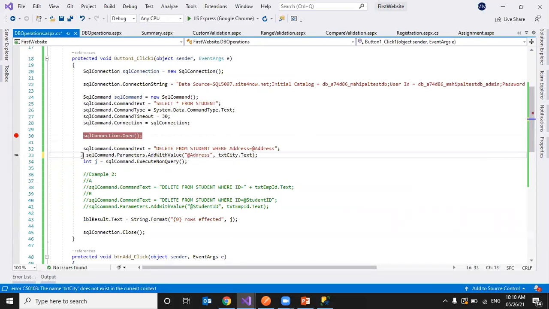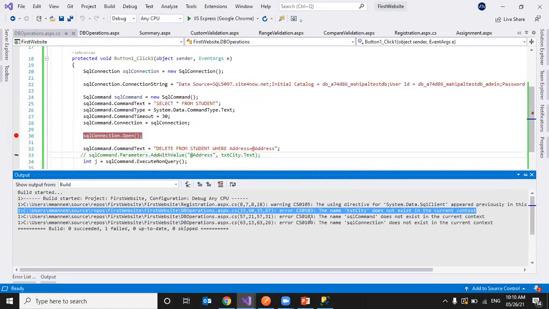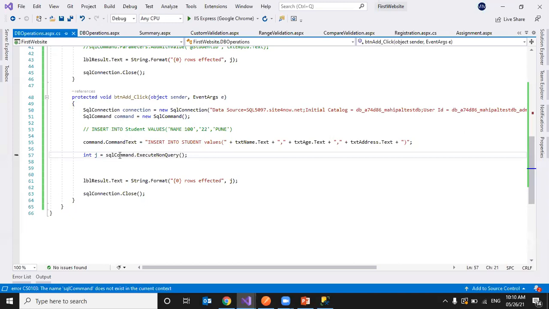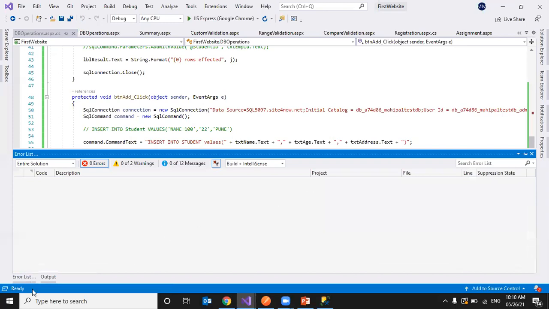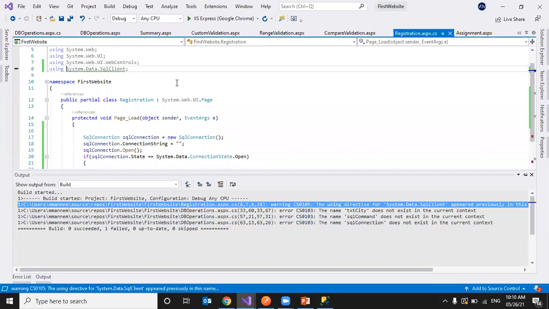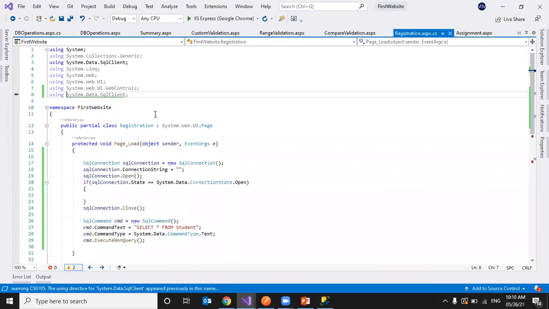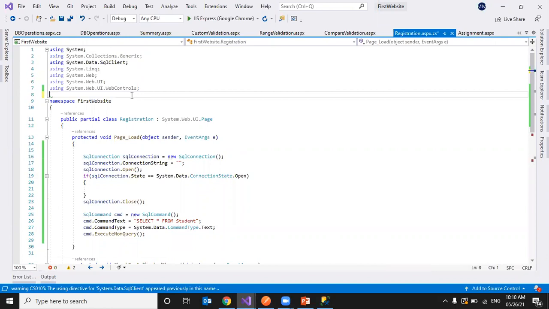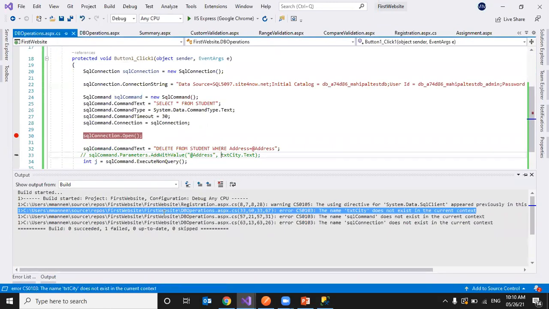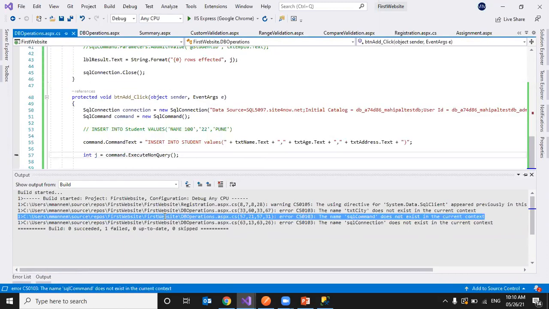I'll comment this line. It is not required. The name sqlCommand does not exist. Sorry, it's command. The using directive appeared previously. Where is that? Okay, that is no need. Explicitly, I commented sqlCommand.